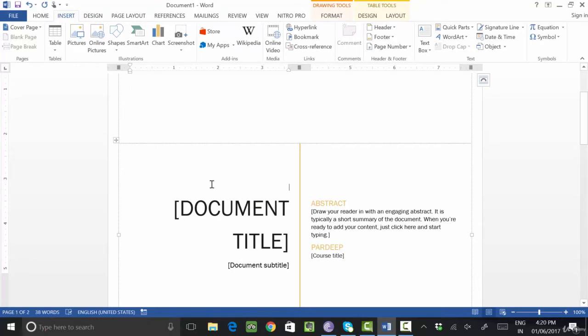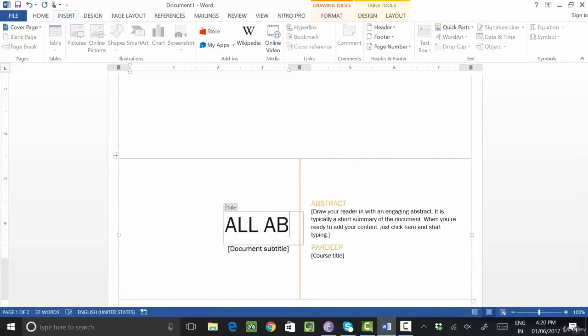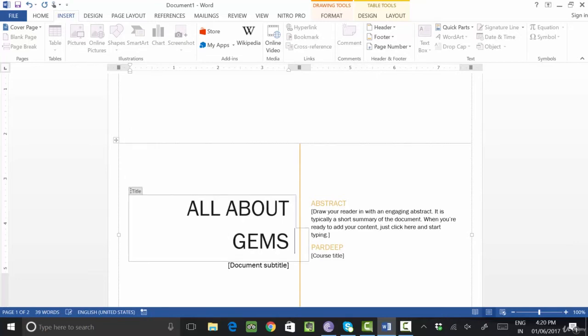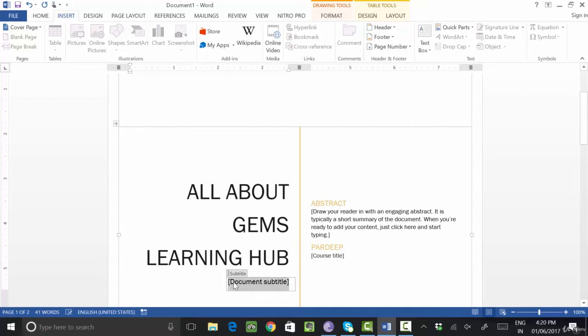If you click here and you want to give the title, I want to give a title like, all about GEMS Learning Hub. Document title, who will design this document. So let's say I mention the name of the person, Pradeep Sharma. Okay, abstraction, you can change this abstraction into any other word also. A short detail